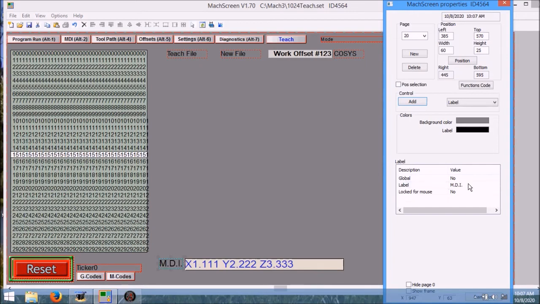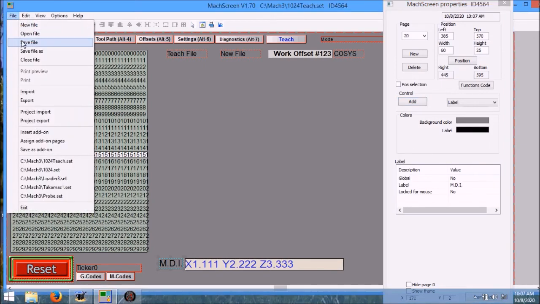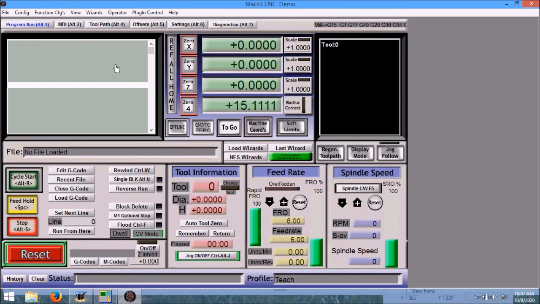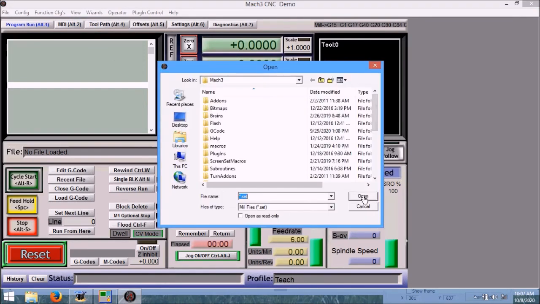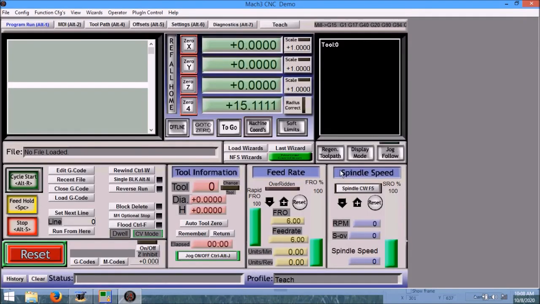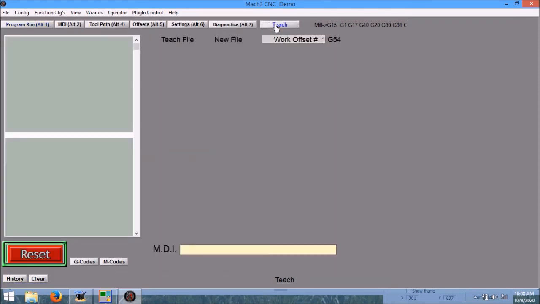So I think let's conclude that for this video. Let's go ahead and save this file, and then we'll go to our Mach3 and we'll see what we've done. So let's load this current screen, and that will be 1024 teach for me. Okay, and we can see we have our new button, and it takes us to page 20, where we can see we have our MDI window, our labels and whatnot, and you can see here it shows work offset 1,